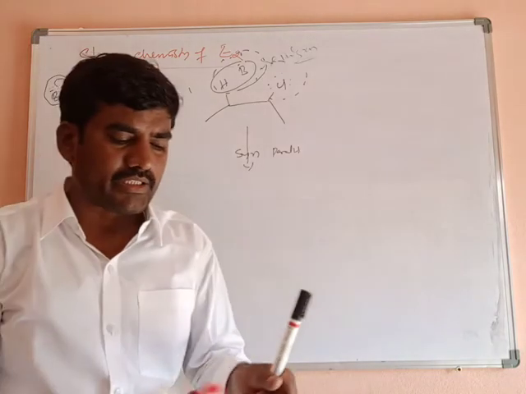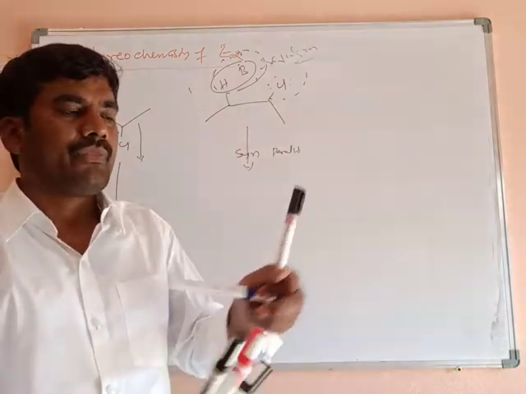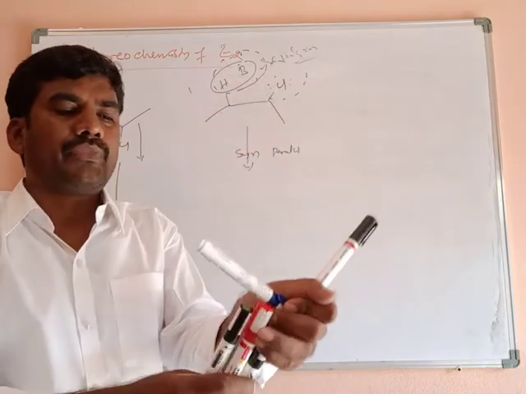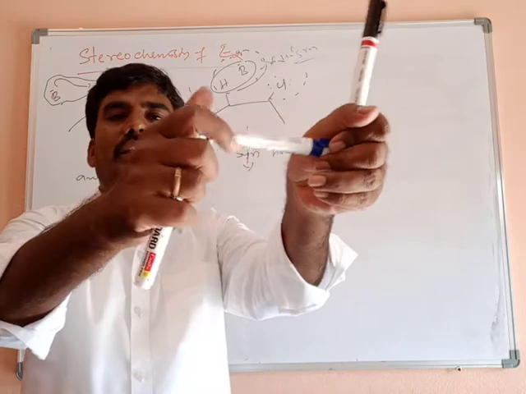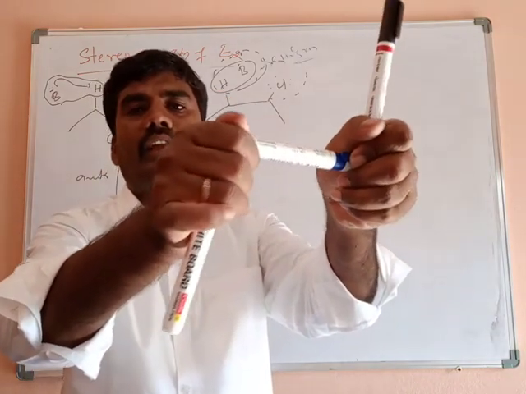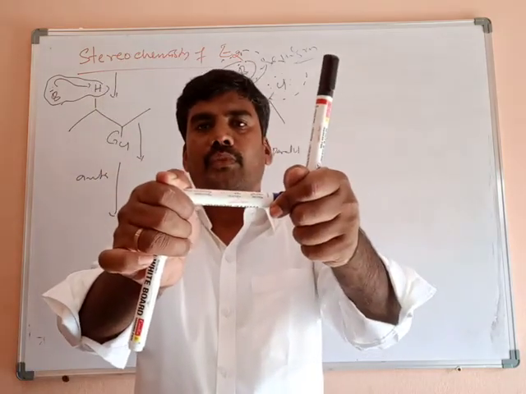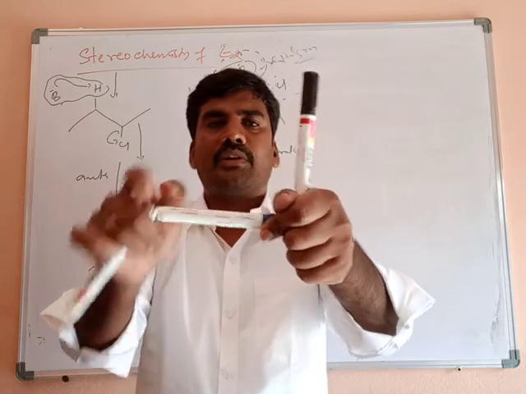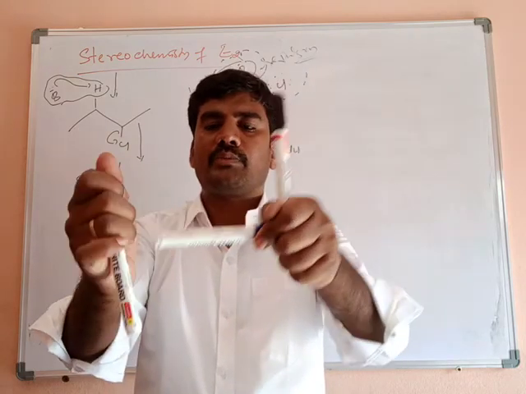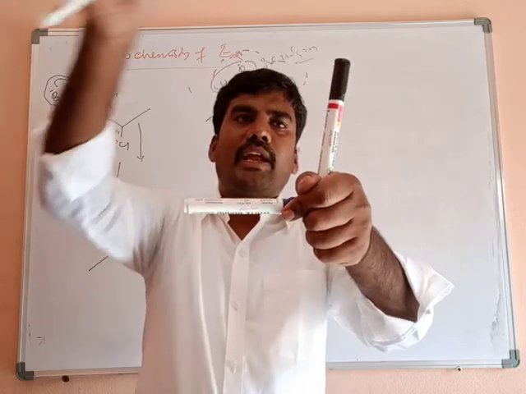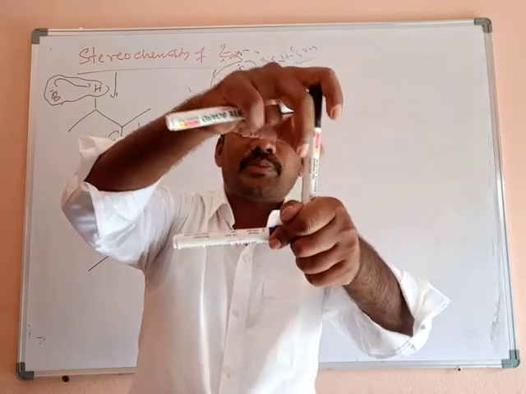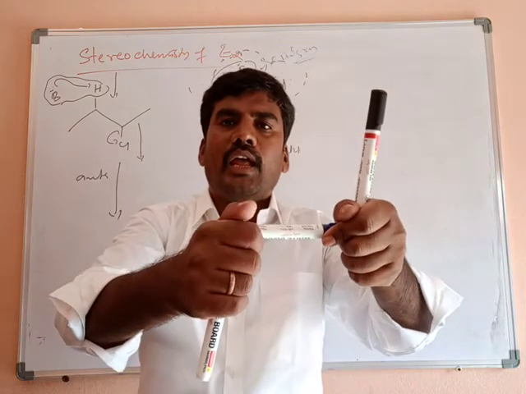Both are in opposite directions there. For example, this is the bond. Now this is the hydrogen atom and another one is the halogen atom, like this. This is the anti position. This is a bond between carbon and carbon, this is a bond between carbon and hydrogen, and this is a bond between carbon and halogen. Both are opposite in direction. Now the base comes and attacks this proton and captures it easily because there is no halogen atom on that side.